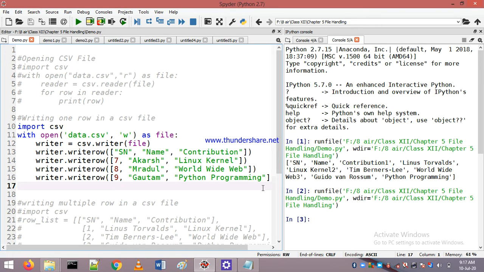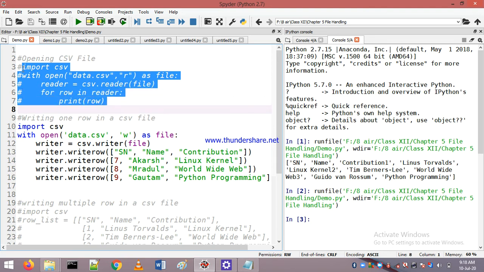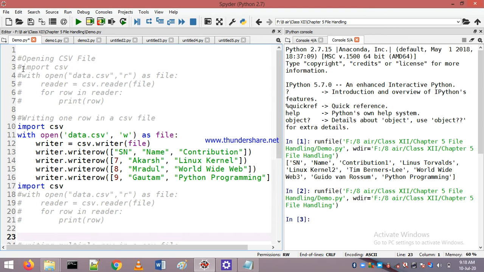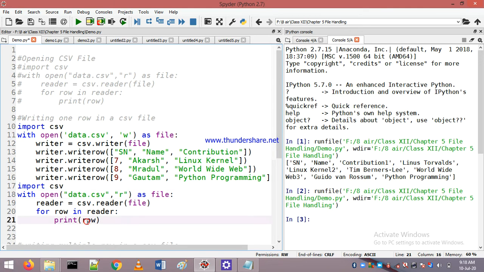So our data is written successfully. Now check the output to see whether our file is written or not. For that, again we have to open the file. Okay. So we will just copy the same data and print. Again we are writing and reading, both tasks will continue simultaneously.